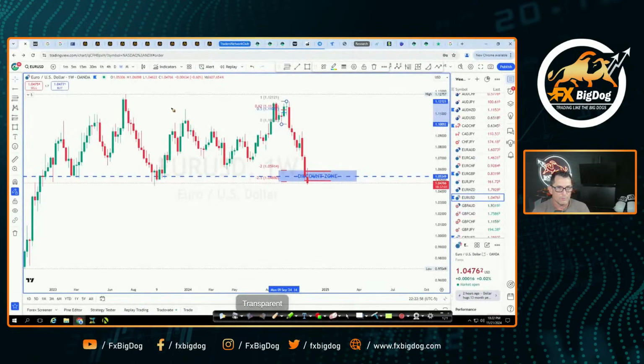Now, if we go into this and break it down, we look here on the weekly time frame. I'm not paying attention to these details, but I do want to pay attention to this low right there. That low is sitting at around 1.0448. I'm not going to look for a reversal until we've taken out that low.